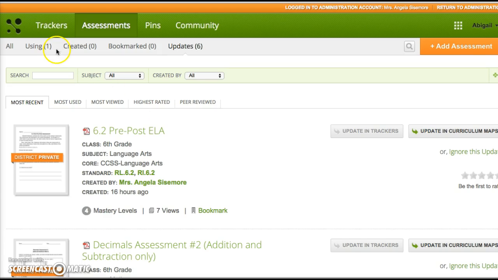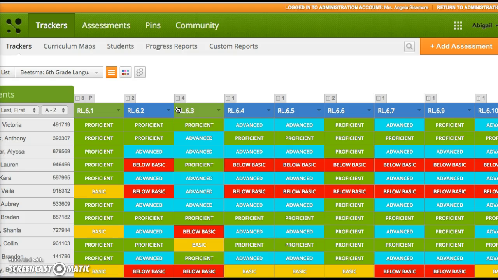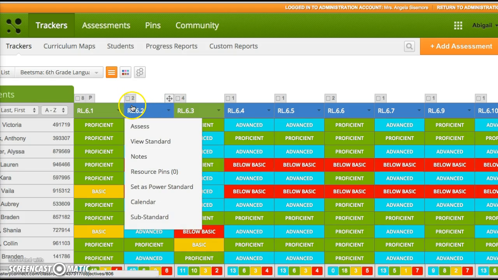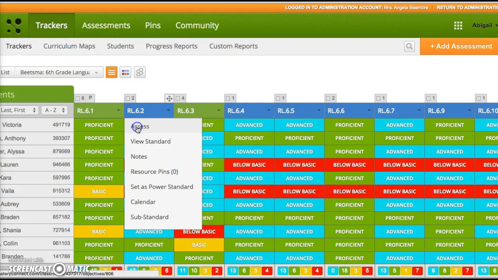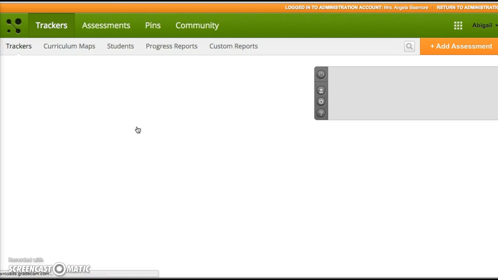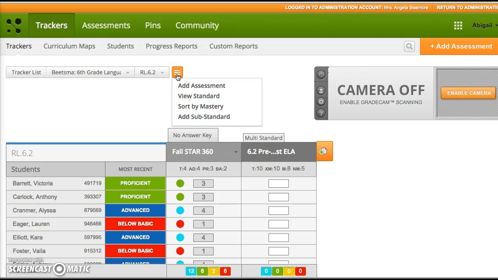So now she's ready to go in and back to that point where we were grading. So we'll go into her class again and go back to that standard. Again, I can be under RL 6.2 or RI 6.2 or that gray band area. It does not matter which area I'm in. Once I'm in here, I want to go to the orange hamburger button, is what we call it, and look to see